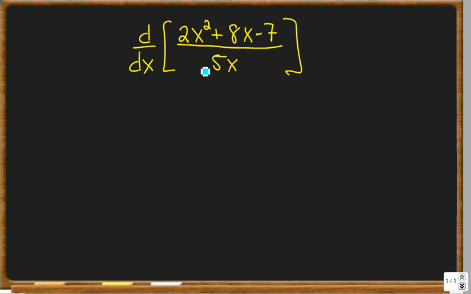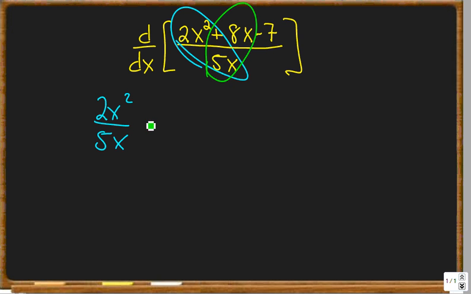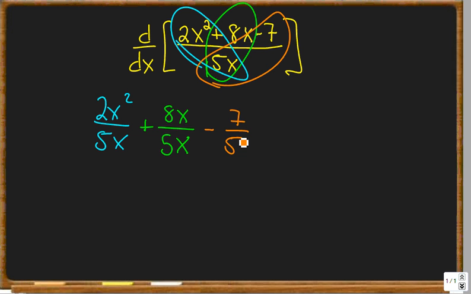So I look and I see this right here, which is 2x squared over 5x. And then I see a positive 8x over 5x, and then I also see a negative 7 over 5x. Well, we could rewrite this and make this just a simple power rule problem, which is what I'm going to do. 2 over 5,